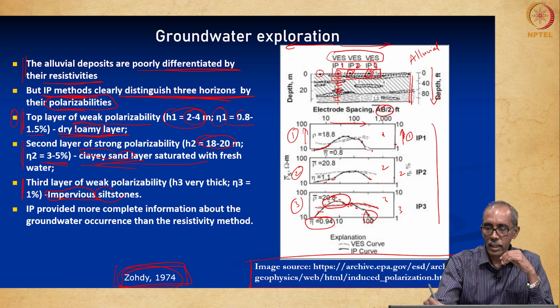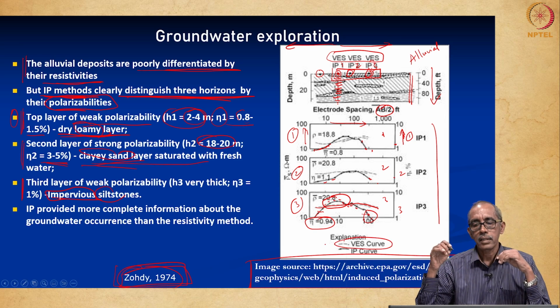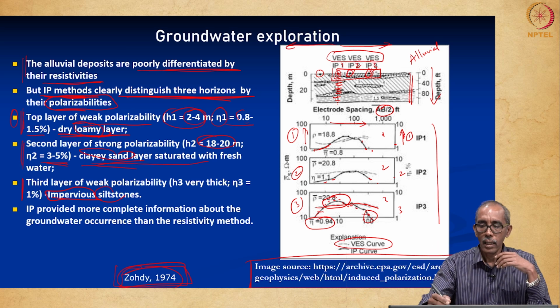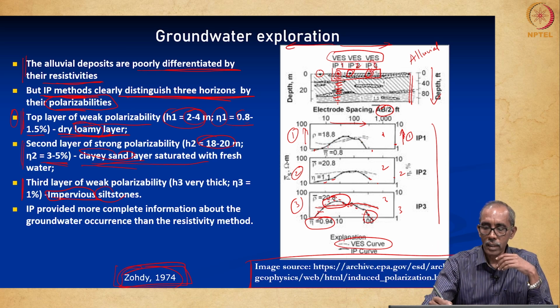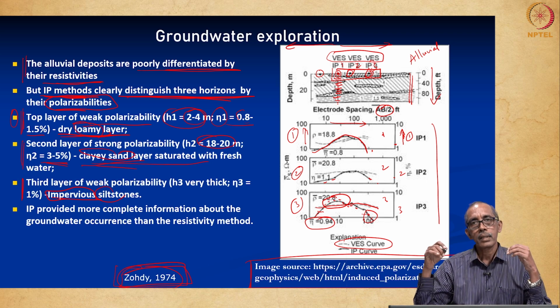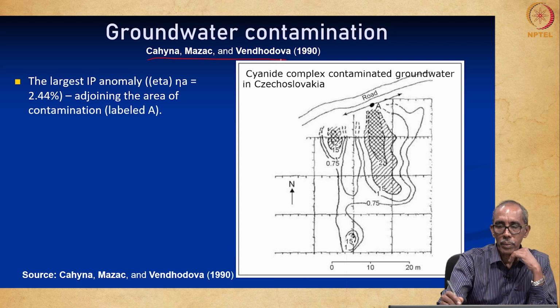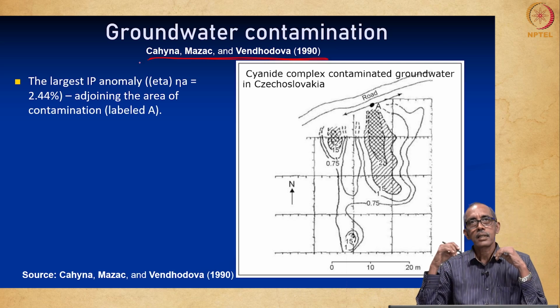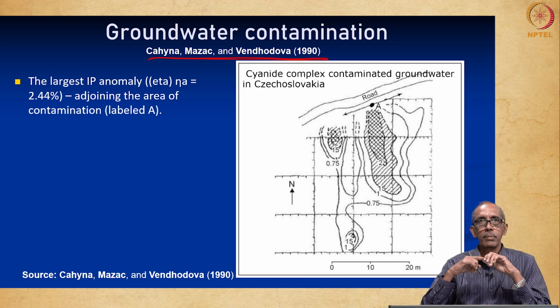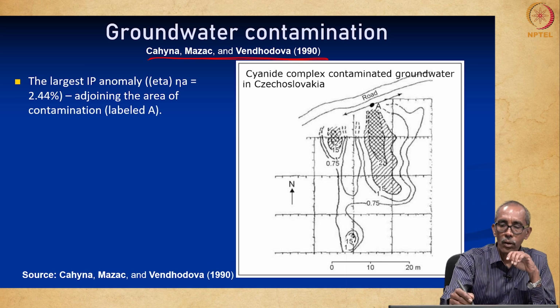So, I am erasing. You can see now, the light colored line is the vertical electrical sounding, not much of a variation, whereas IP showed a lot of variation, that is the dark line, a lot of variation we could get in the IP. Further, using the IP method, we are able to differentiate the rock types also based on the level of saturation. Then in the next study, these people have successfully deployed the induced polarization method to understand groundwater contamination, right.